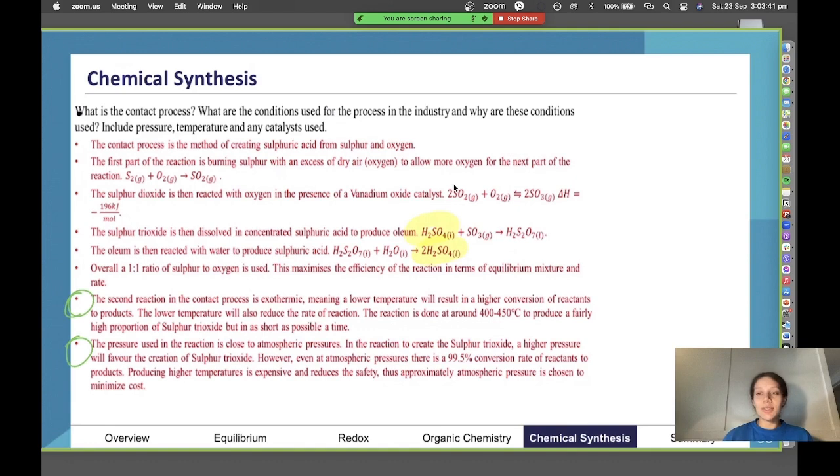So you can see that these processes don't purely operate on the raw chemistry and what makes it more efficient. You also have to consider real-world applications like cost and materials required to maintain certain conditions. So again, you can have a copy of these slides and watch this recording back if there's any notes you want to take from there to add to your own. But that's the main processes. Making sure we mention equations, pressure, temperature, catalysts. What is it actually making?